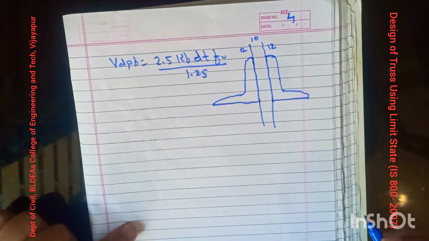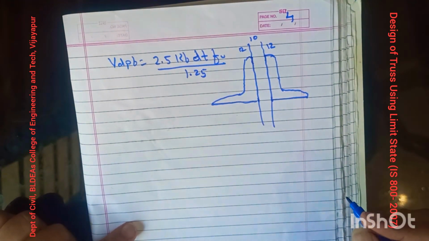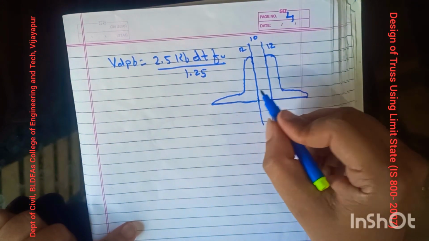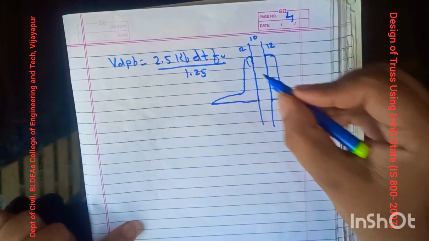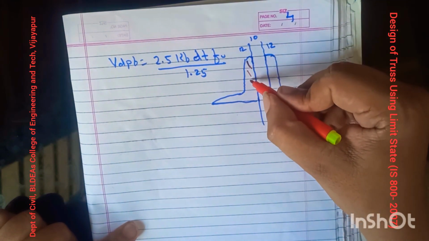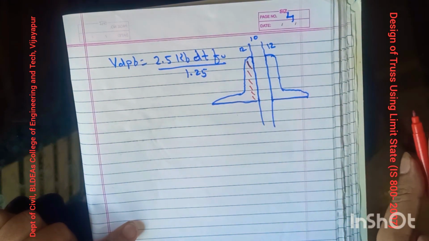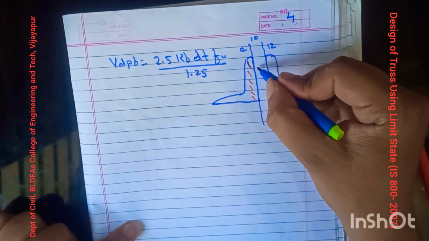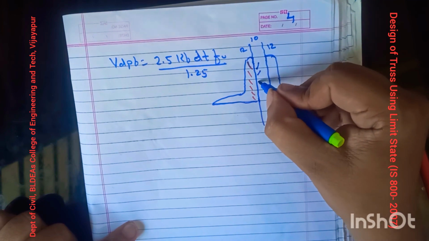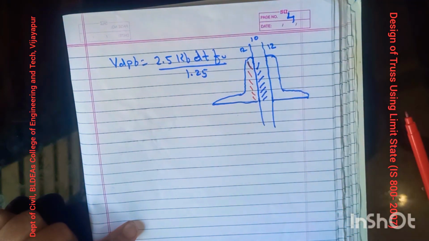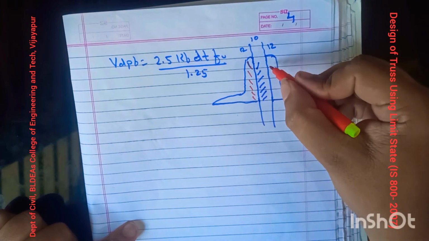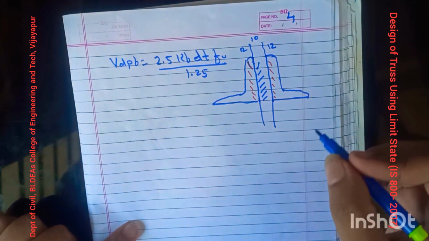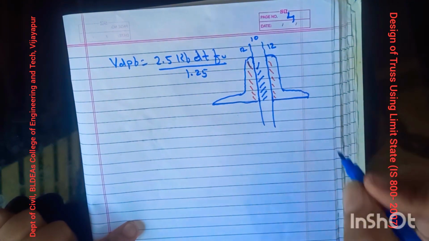t stands for the summation of thickness of the members bearing in the same direction. So for bearing to occur between this angle and this gusset plate, this angle has to move in this direction. And if it is moving in this direction, then the plate has to move in the other direction, say in this direction. So if this angle is moving in this direction, for bearing to occur, again it has to move in this direction. So t stands for the summation of bearing thicknesses in the same direction.